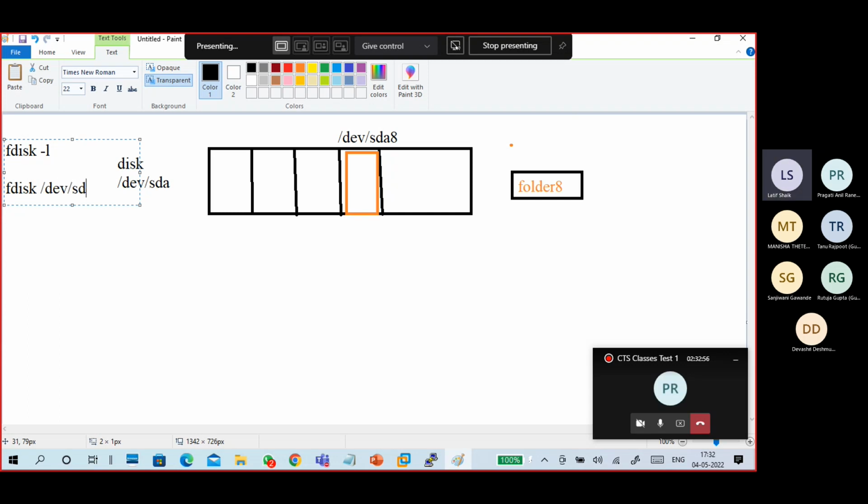Once you know the name, then go to that disk. Then press P to see the partition table. What is the next one? Verify any space is left. Next is N for creating a new partition. So for the first time it is enter only. For the first sector we don't do anything, just enter. For the last sector,